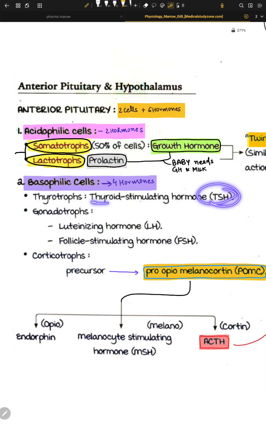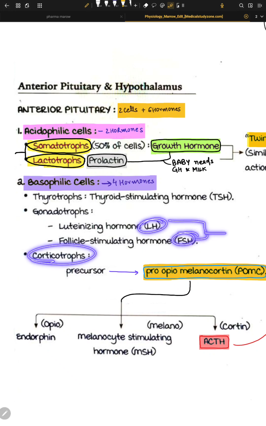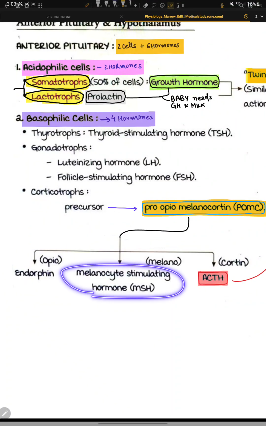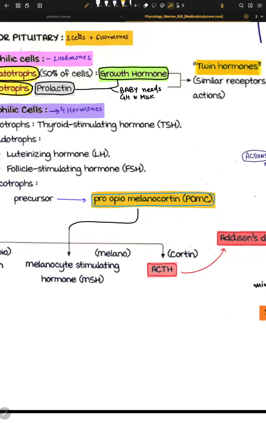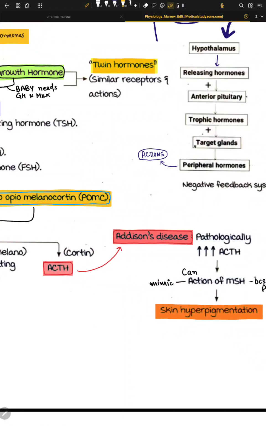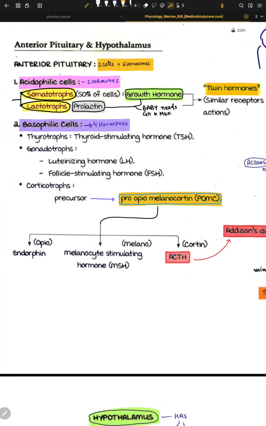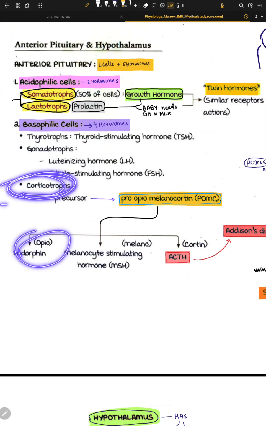TSH, that is thyroid stimulating hormone. LH, that is luteinizing hormone. Follicle stimulating hormone, that's called FSH. Both LH and FSH are needed for fertility. Corticotrophs make endorphins, melanocyte stimulating hormone, and ACTH. So the thing is that corticotrophs make all these hormones called endorphins,